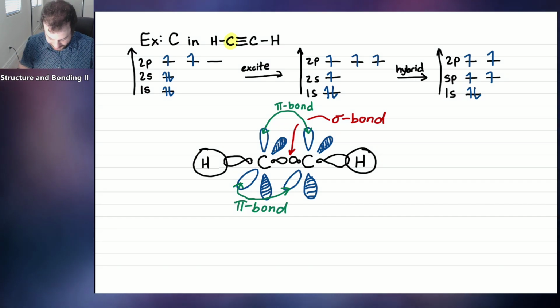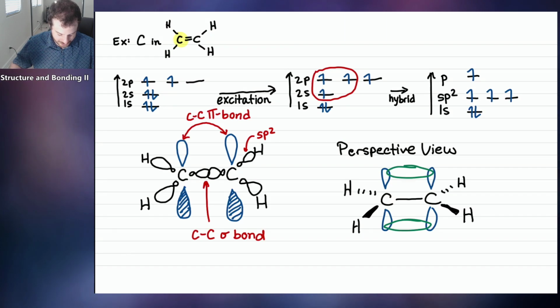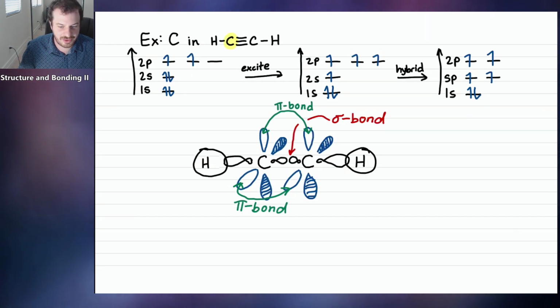And so if we were to ask the question, what is the hybridization of this carbon, you would say that carbon is sp hybridized. That carbon is sp hybridized. And if you look at this other carbon, what's the hybridization of this carbon? It's sp2 hybridized. So let me show you a quick trick. If you don't feel like drawing all these pictures and figuring this out, there is an amazingly fast shortcut to figure out the hybridization of an atom. And if you can count to 4, you can figure it out.